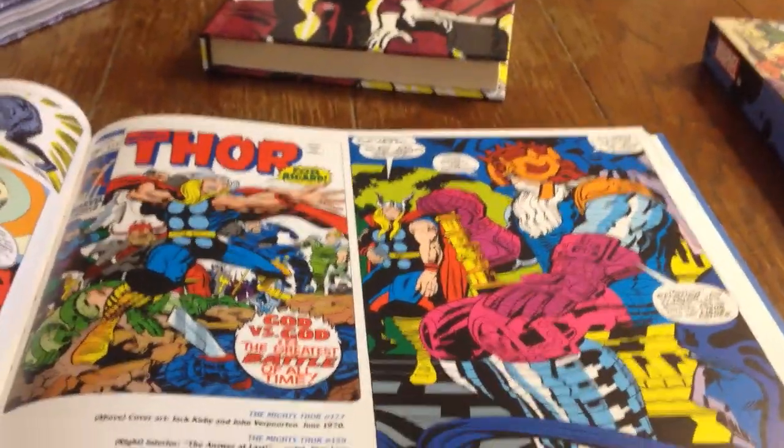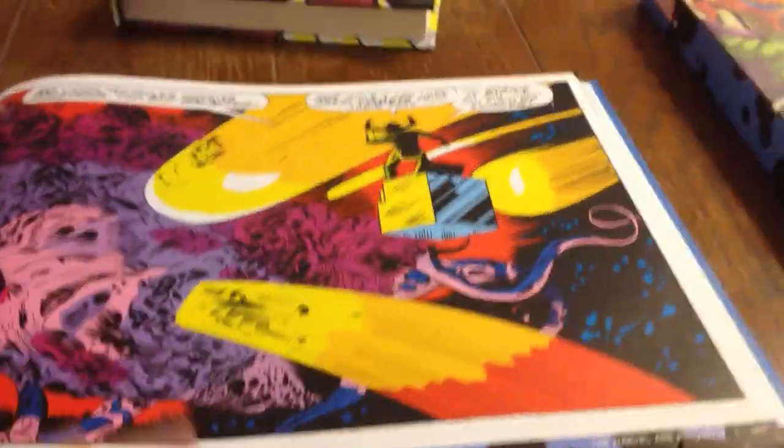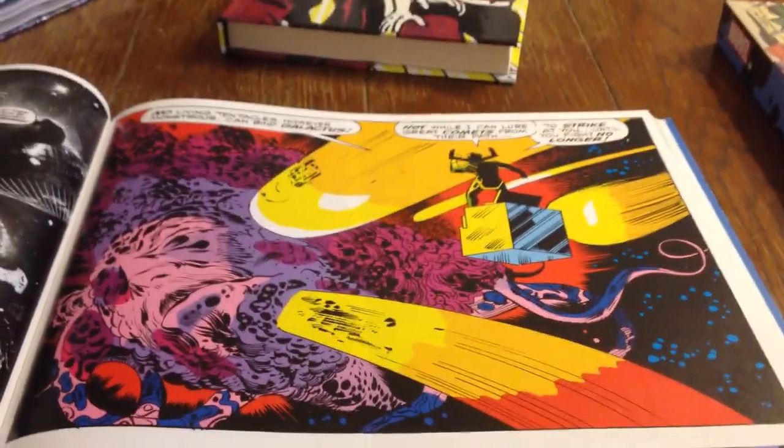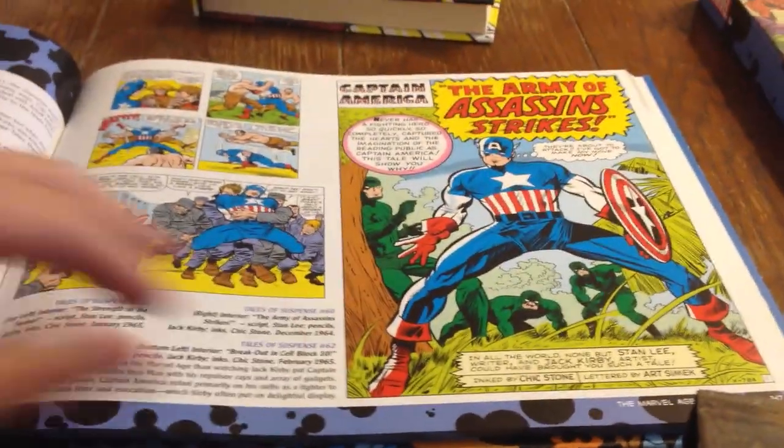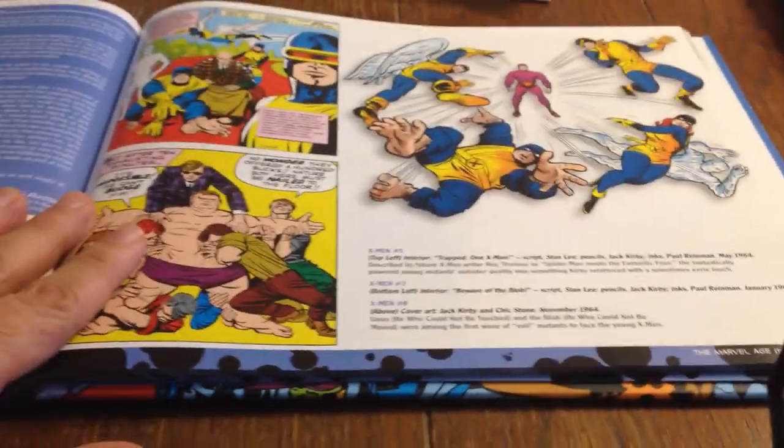So they can fit almost full-size cover reproductions, two almost full-size page reproductions per page. Let's see how it compares to regular comic book size. Yeah, it's a little bit smaller. So you get all these nice cover reproductions, and when they need to, they can give you a full page that's pretty close to a double page spread. So I'm quite happy with the quality of this book,